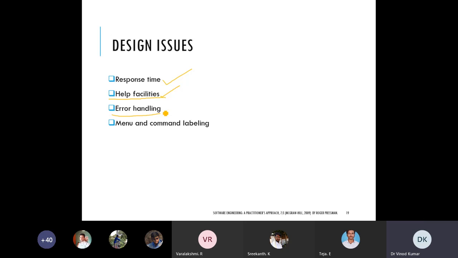It will make you stressed, you will be in a stressful situation. What happened to the system, why is this warning coming, and how to deal with this type of warning? So this type of design issues come that the user faces in the user interface.